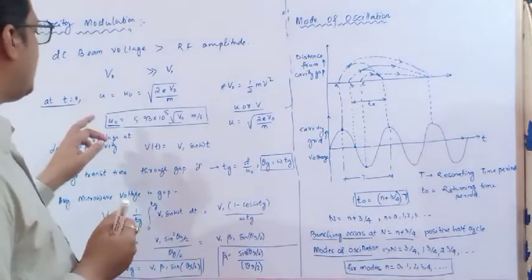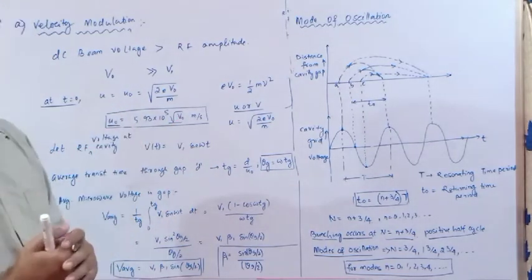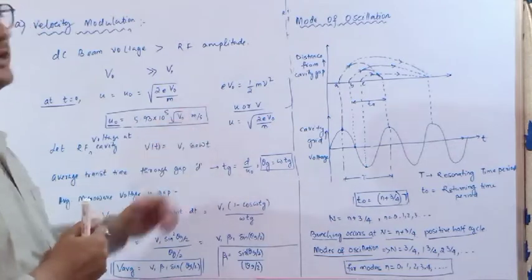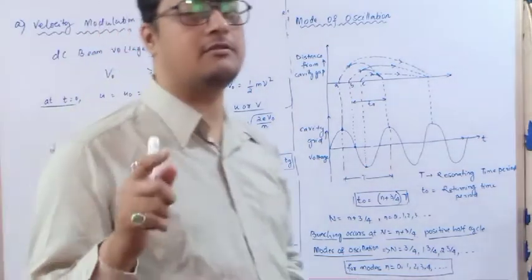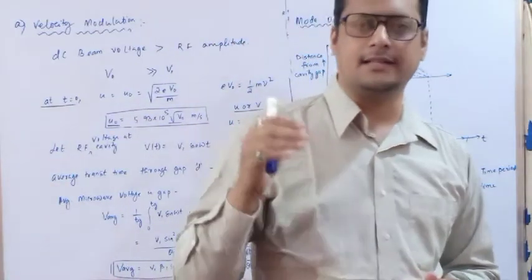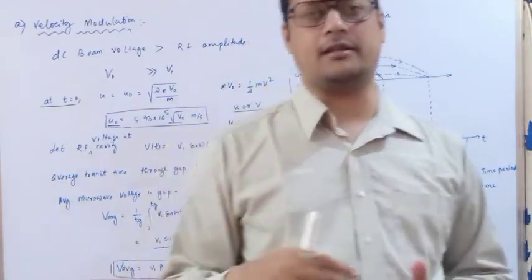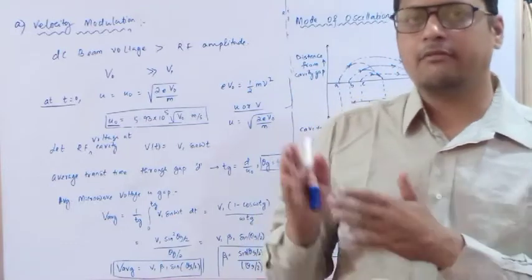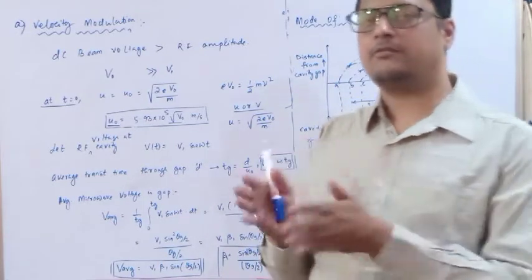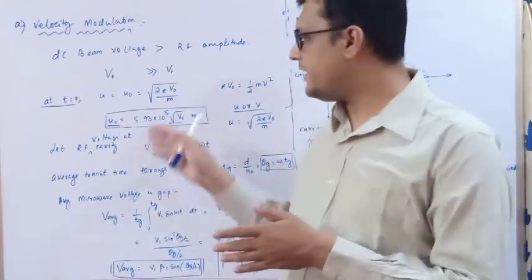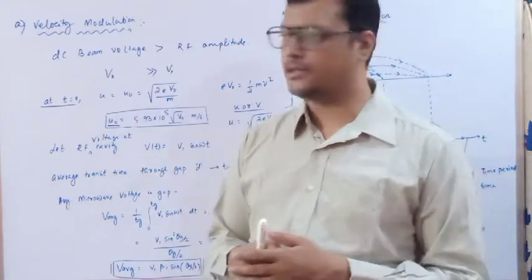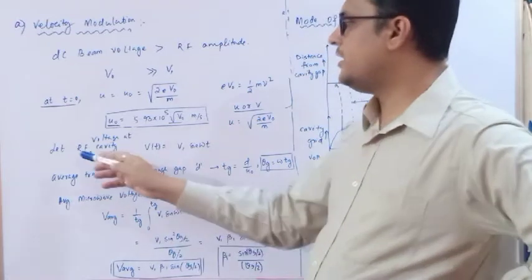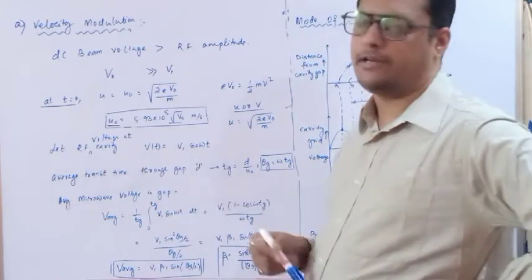Okay. Now once this velocity is done, next we need to identify the potential. How is this potential going to change? This is only with respect to the initial time period, but since the electrons are moving from cathode to anode, the time period will change. So what changes will happen with respect to this velocity, that we are going to discuss. So as you can see, let the RF voltage at the cavity,